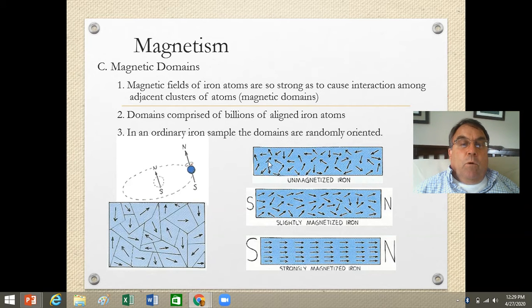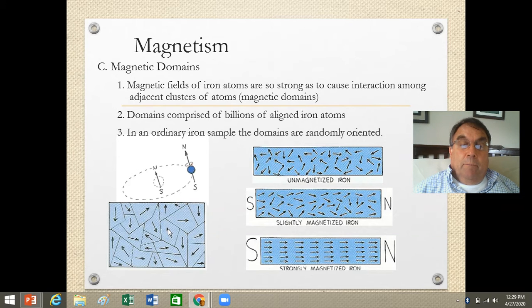So in ordinary iron, these domains are randomly oriented, meaning here's a billion iron atoms that are oriented north-south this way, and then their neighbors are oriented this way, and then this way. So the net effect is that a bar of iron or a nail or something like that is going to be unmagnetized